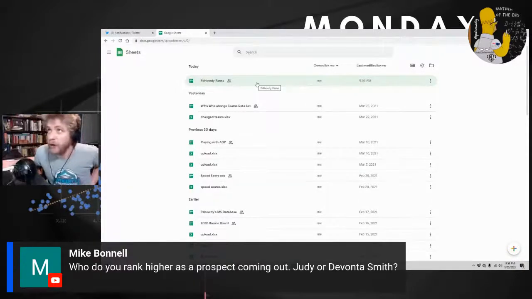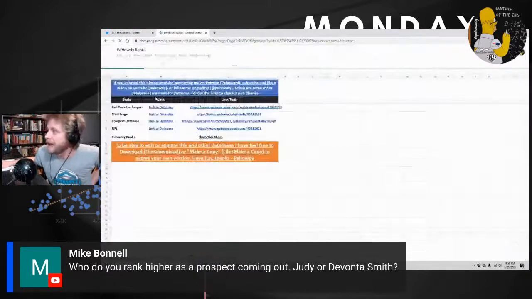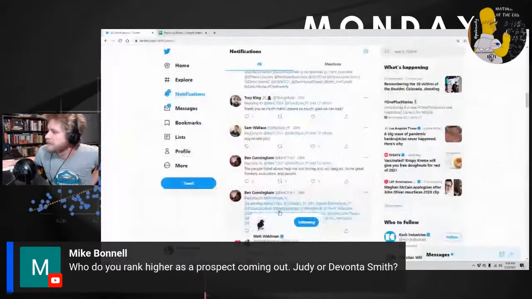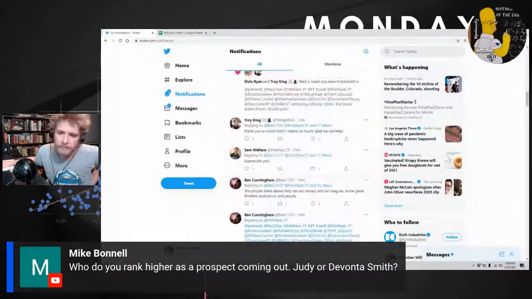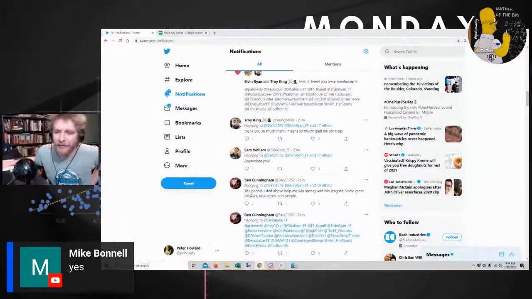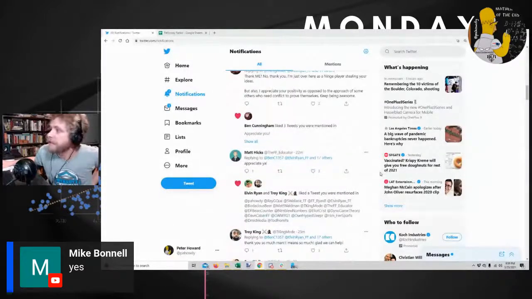Devonte Smith out-opportunityed him in his age 20 season, from memory. But Judy earned more opportunity, and above average opportunity, at age 19. And so I kind of lean on that. Hopefully I tried to answer both, so hopefully I got the answer out. Judy over Smith, but they're basically ranked exactly the same in their individual classes.